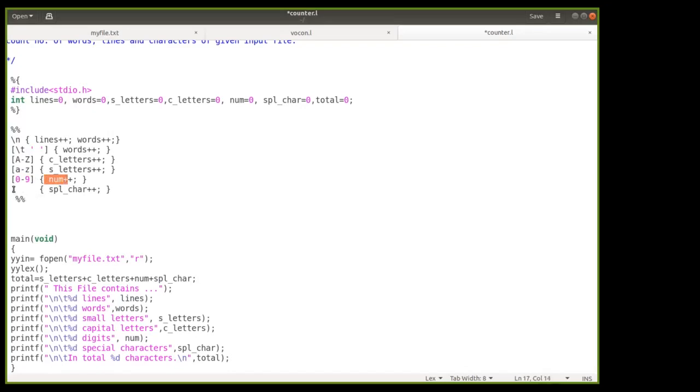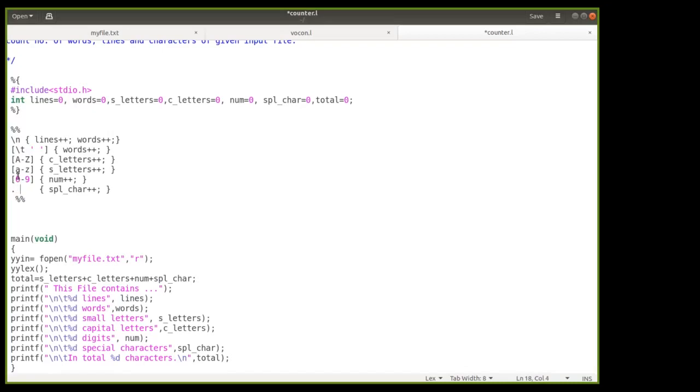Understood? Now dot, and in front of that we have written the action. Now dot will match with anything except the new line. Means apart from A to Z and 0 to 9, if anything is there, anything in the sense there can be a question mark, there can be an exclamatory mark, there can be a comma, everything will get matched with the dot, because the dot matches anything except the new line.